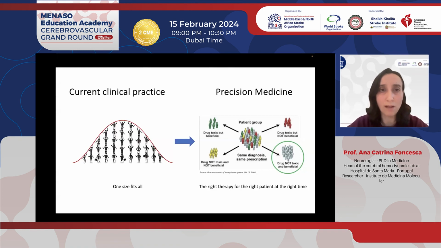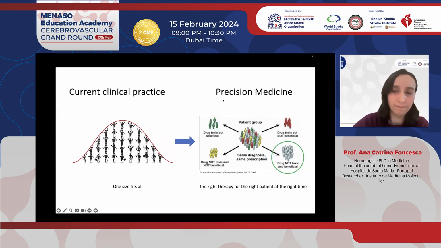So we now have good medications. We know what we should be using in the majority of cases. So we have to change our paradigm. And that's why we have to change to a precision medicine approach. What we are doing when we are using precision medicine is trying to use the right therapy for the right patient at the right time. By using this, we'll be able to identify which patients benefit the most from a drug, and we will also minimize the harm by excluding patients for whom we know that the drug will not be beneficial and will only be toxic.